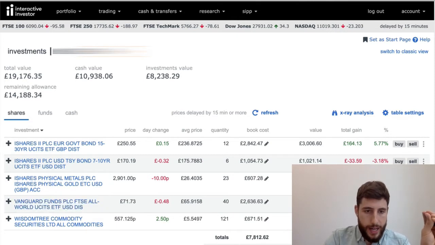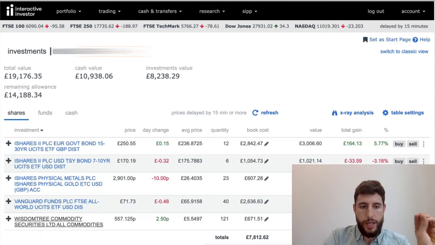So that's a bit of a mouthful, isn't it? The FTSE All World is an index of stocks that are meant to replicate the total world stock market, and that was created by the FTSE, the Financial Times Stock Exchange. So that is looking to replicate the stock market element of this particular portfolio. And then lastly, Wisdom Tree Commodity Securities Limited, all commodities. So again, this item is representing the commodities section of the Ray Dalio all-weather portfolio, and Wisdom Tree is the